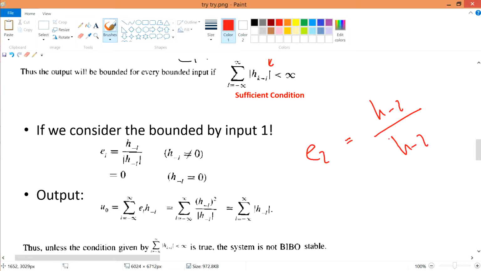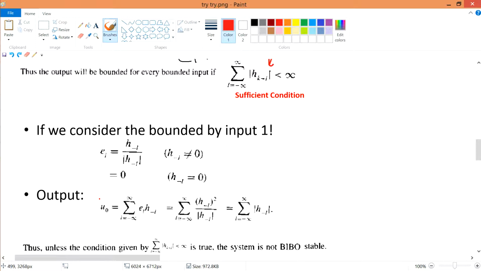And then if I were to magnitude this thing, if I were to say that this h minus L is equal to 0, then 0 divided by everything is still equal to 0. Okay, so I think this is what it's trying to say over here, at this section. So if I were to prove that EL is equal to 0 when I have an input 1 to a certain weird extent of why do I do this, then